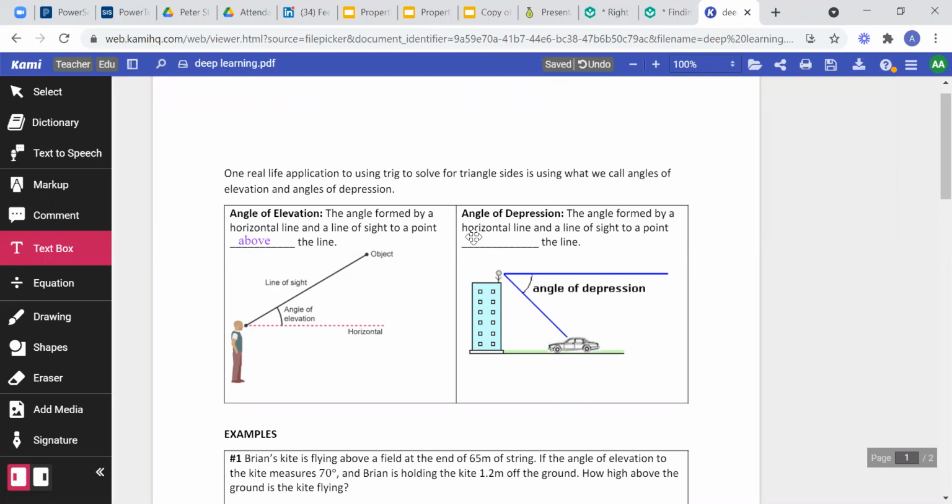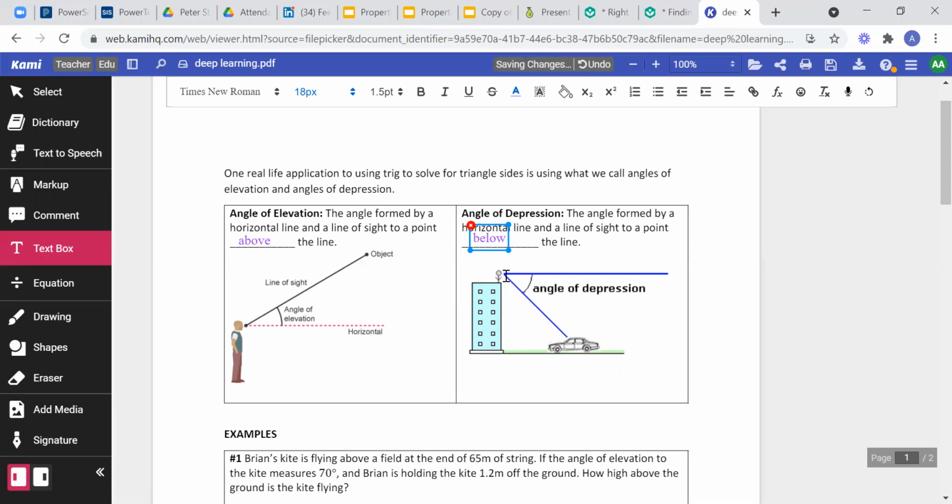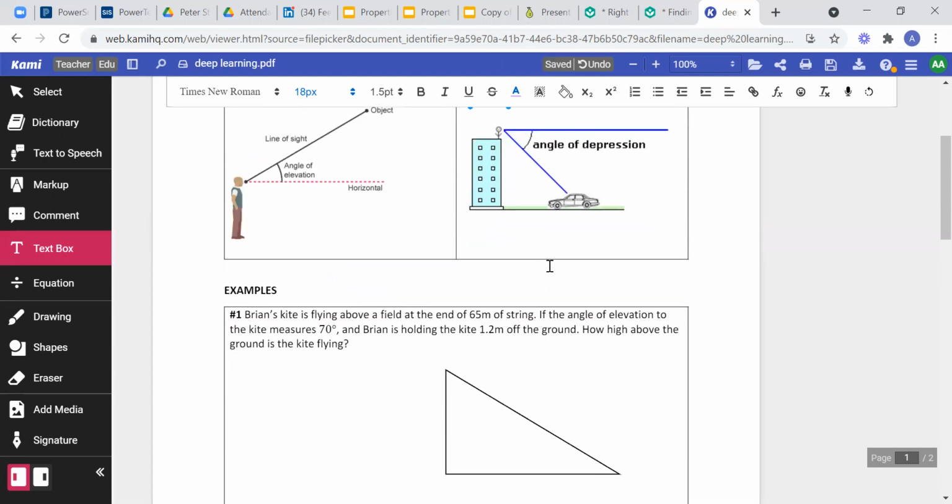And the angle of depression is the angle formed by a horizontal line and a line of sight to a point below the line. As you can see here, the young man on top of this building can see the car with an angle of depression through this horizontal deep blue line. And then if we decide to try to work on this kind of thing here,